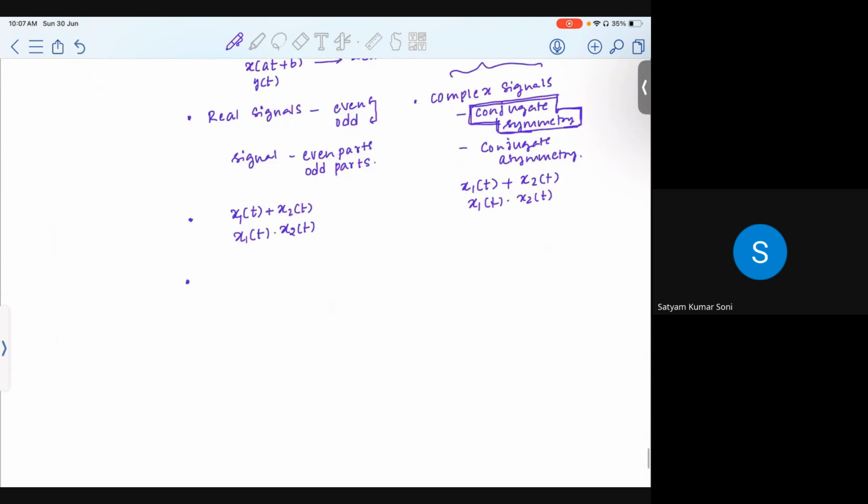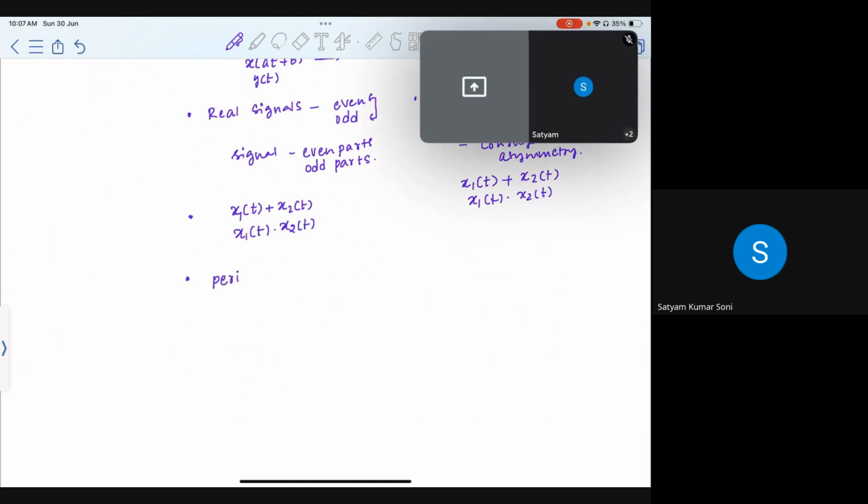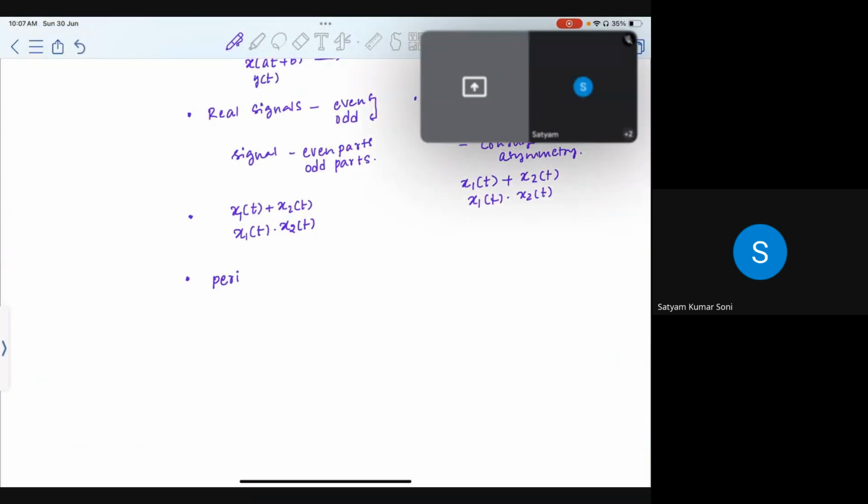Once you have them, what else have we seen? We have seen the period. Did someone text something? I could hear something. Okay. Right, and also we have seen the periodicity of the signals, periodic signal,